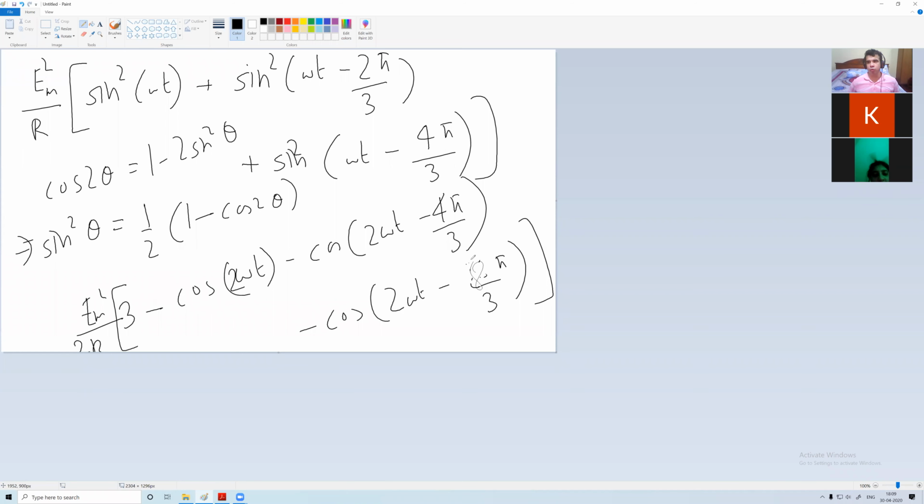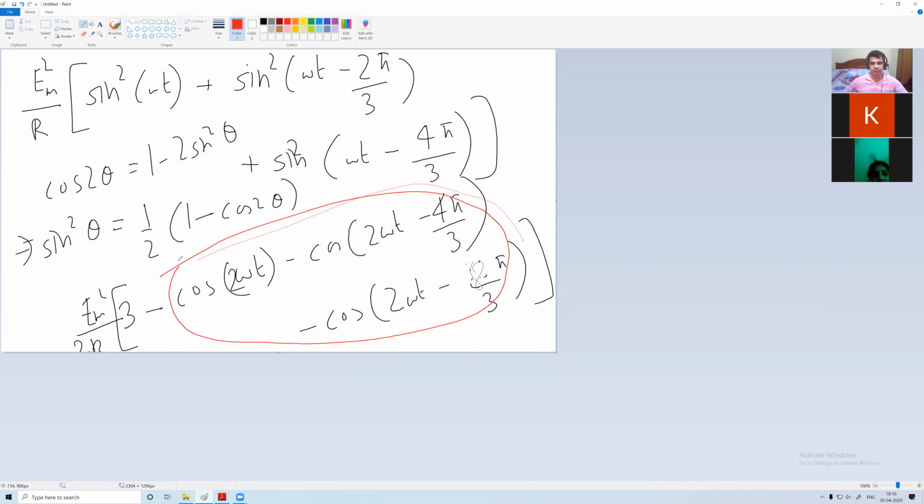I give it to you as homework. If you do it, you will see that these terms will exactly cancel out. So you see that the instantaneous power is a constant, unlike what we had seen in the single phase. Okay, this is a very big advantage of a three-phase system over a single phase system. One of the big advantages. Is it okay?